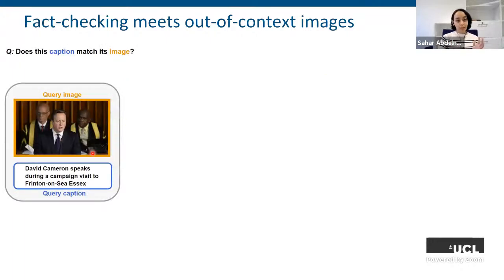So we have here an image and a caption. The caption mentions that this is David Cameron and he is speaking at some event. We might know from our previous information that this is David Cameron, and a machine learning model that's trained on the facial recognition task might also know that this is David Cameron. However, we are not so sure about the context,